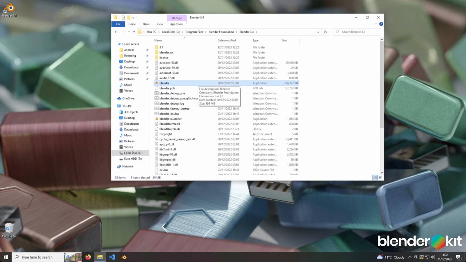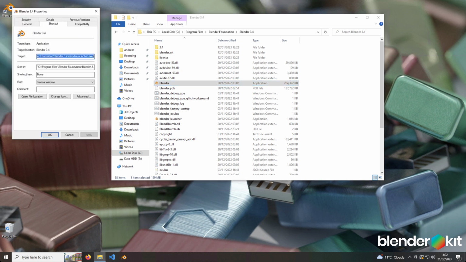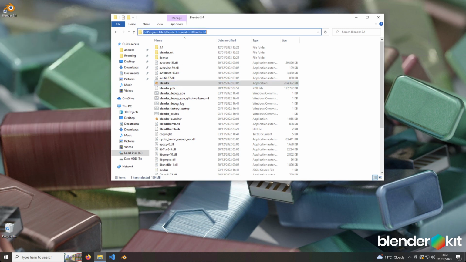If the file is not in this directory or in this path, you can also find it by clicking on the icon of Blender, and you will see the path in here. See Program Files, Blender Foundation, Blender 3.4, and then blender-launcher. Just ignore the last one, the Blender launcher, and just navigate to this path. That's what we need. Okay, so right now we have the path. So I will copy the path